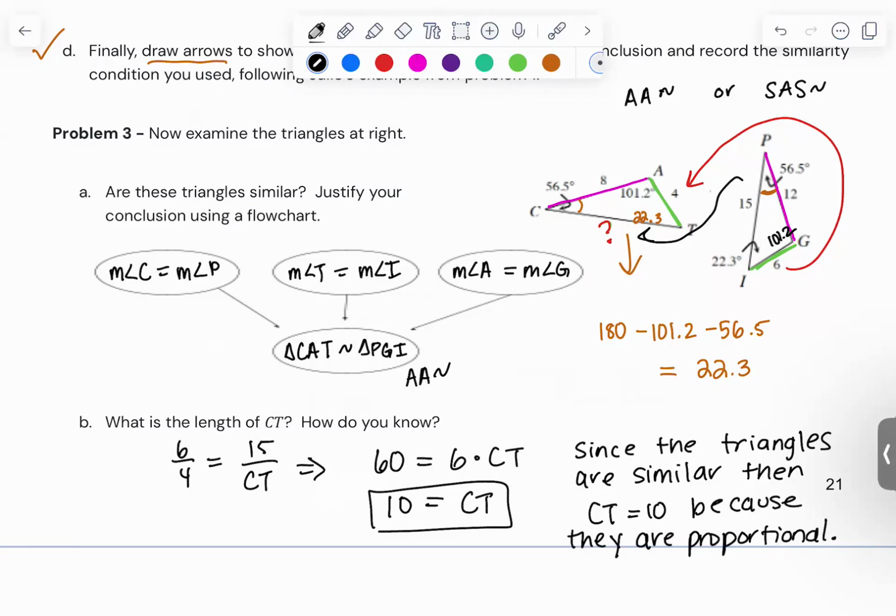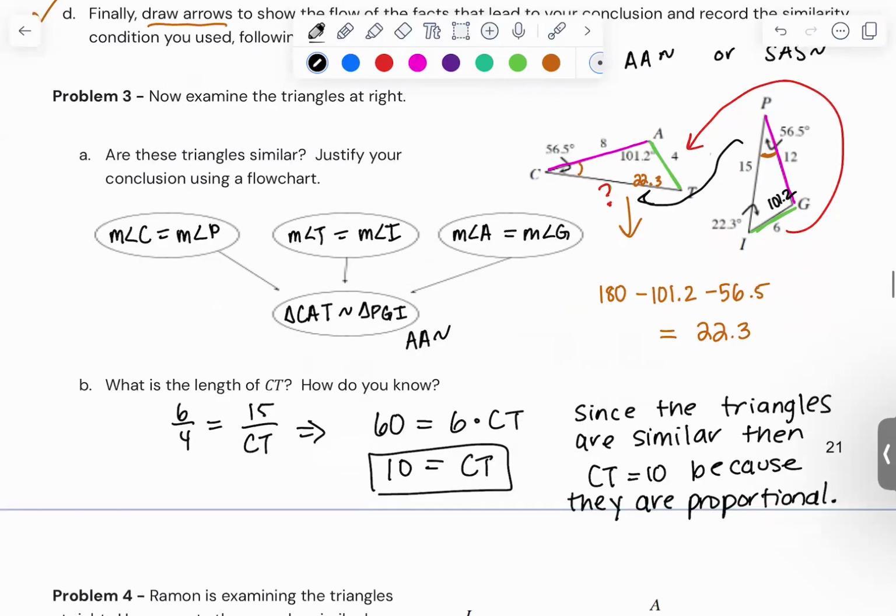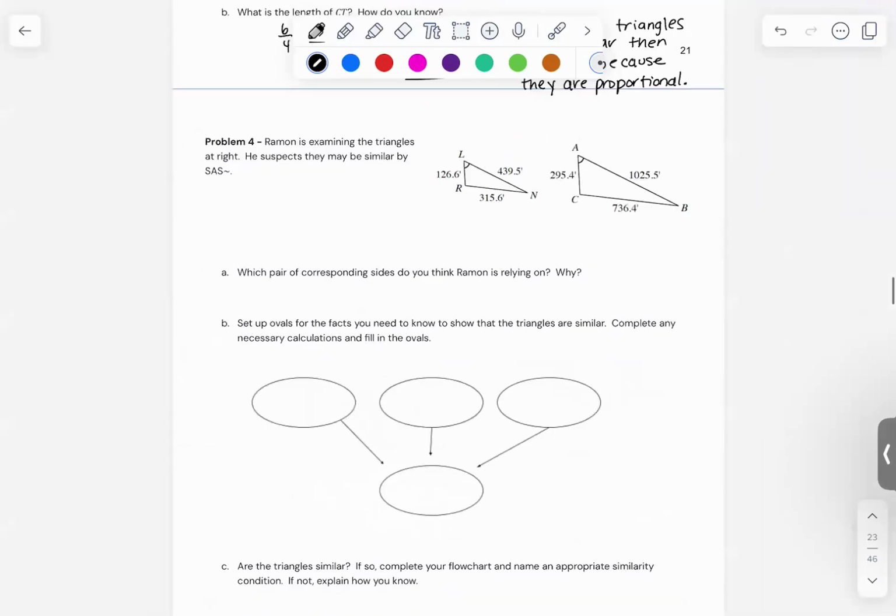So again, that is just another really important problem. I would pause the video, go back and rewatch, but yeah, so now we've established that those two triangles are similar by side angle side. Okay. All right, this last problem,